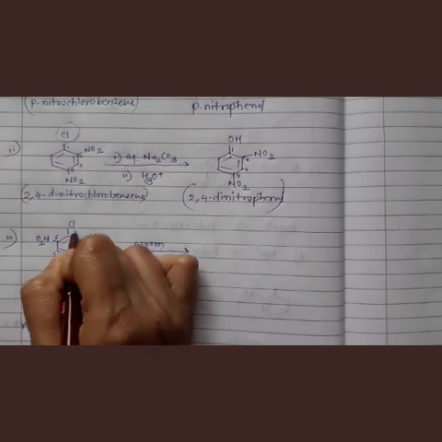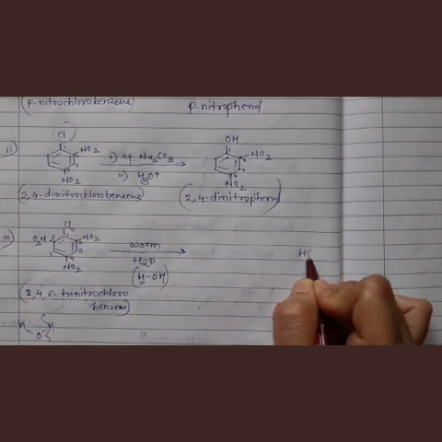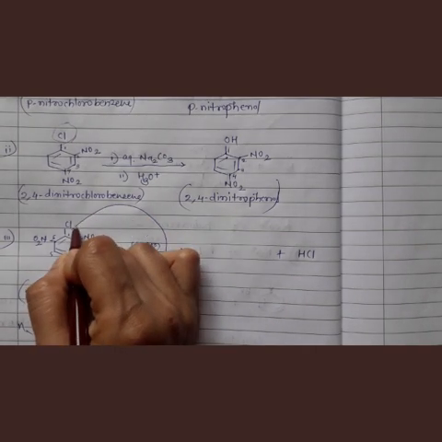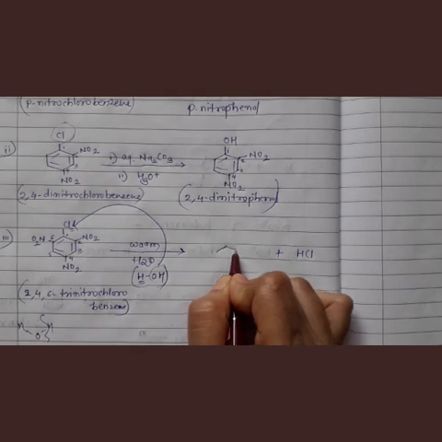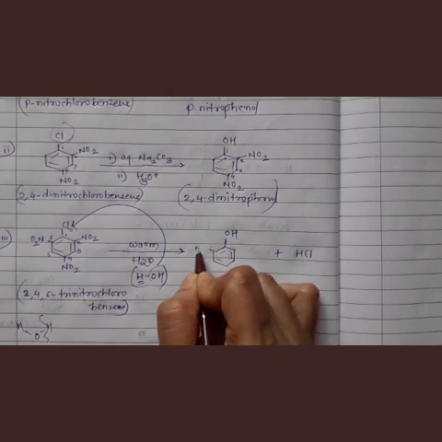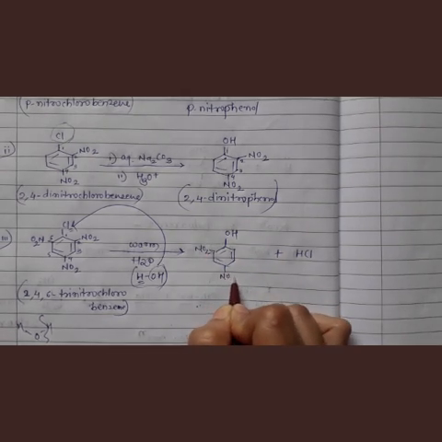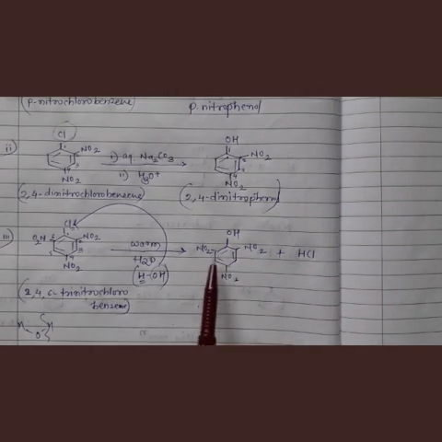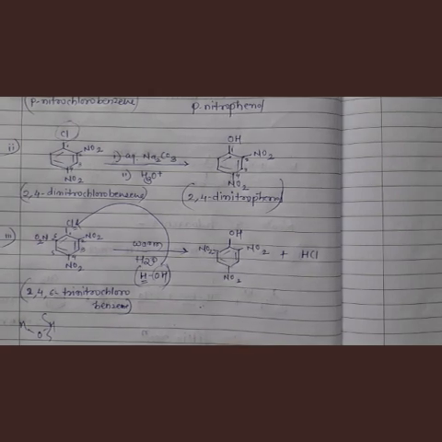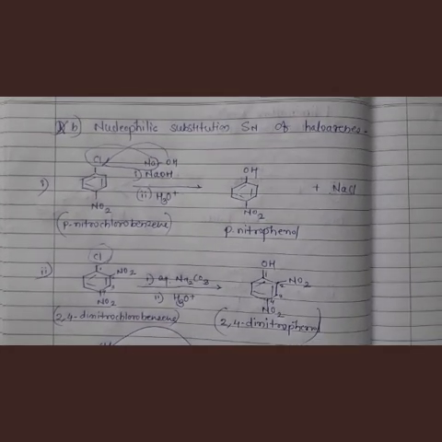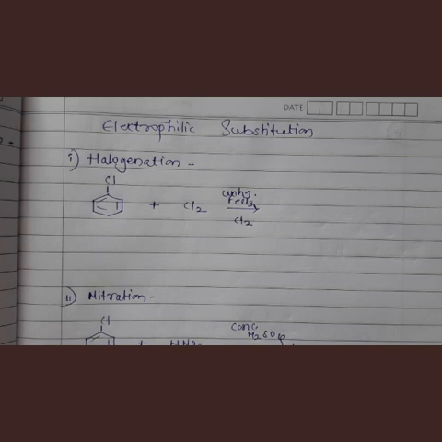This hydrogen and this chlorine will form bond, and HCl will form. Then this OH group will take place of this chlorine. Understand? So this is your benzene ring. क्लोरीन की जगह पे सिर्फ OH लिखना है. Here NO2, NO2 and NO2 as it is. Understand? So it is 2,4,6 trinitrophenol. Understand? So these are the nucleophilic substitution reactions of haloarenes. Understand?